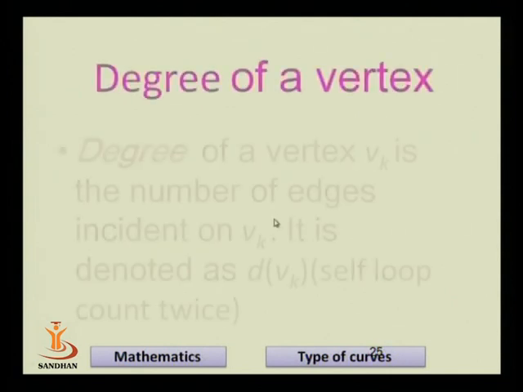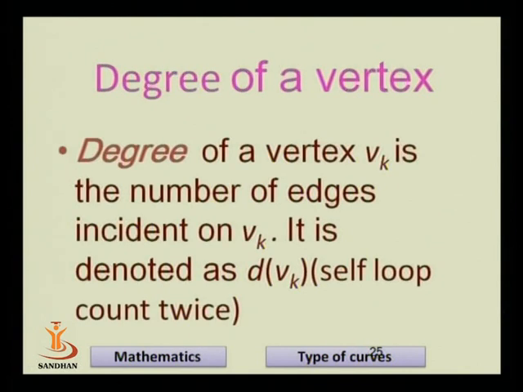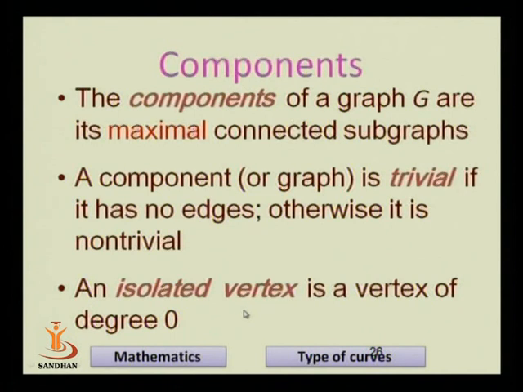Now, degree of a vertex. The degree of a vertex Vk is the number of edges incident on Vk. It is denoted as d(Vk). Here, a self loop counts twice. Now, what is a component? Now we define component. A disconnected graph